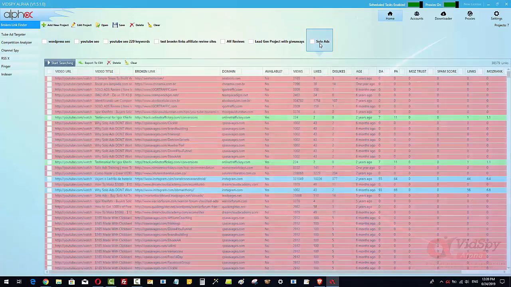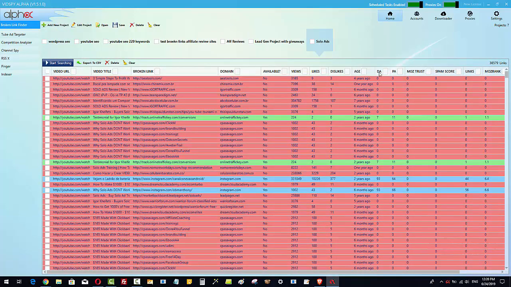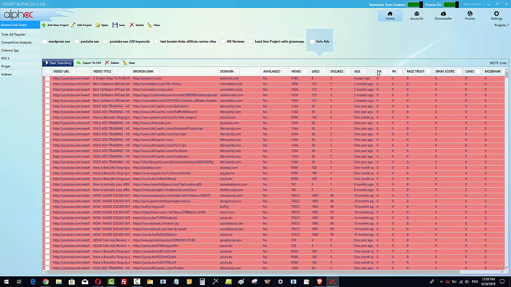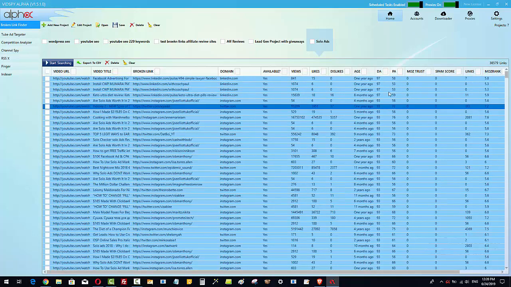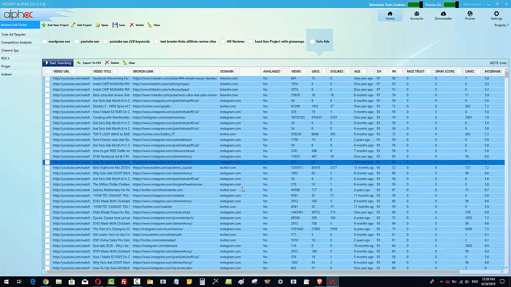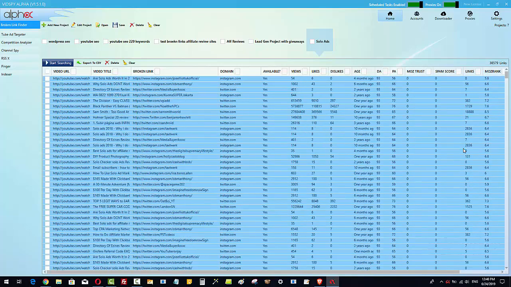Now if I come over to the last one that I did in here, what you can see is if I sort this out by the domain authority, you can see all these in blue are social media sites like LinkedIn, Instagram, Twitter, blogger.com, etc., etc. And if I start to scroll down a little bit,